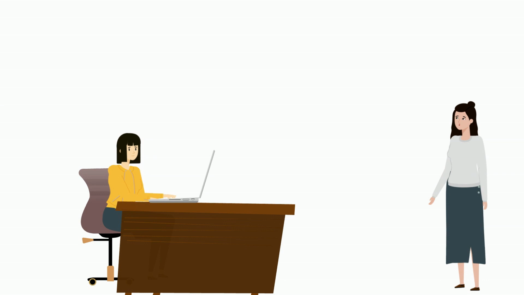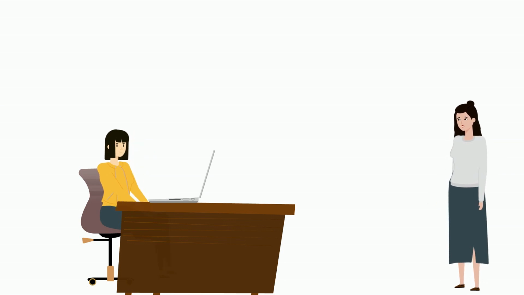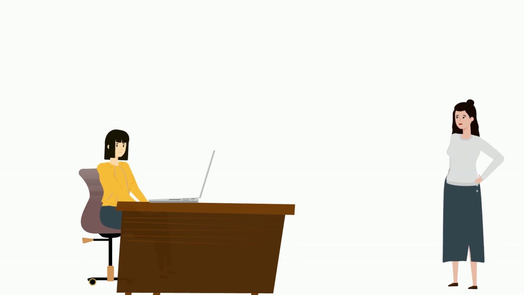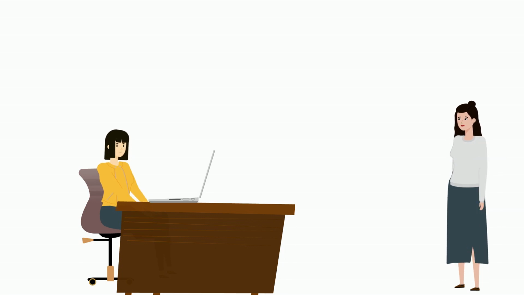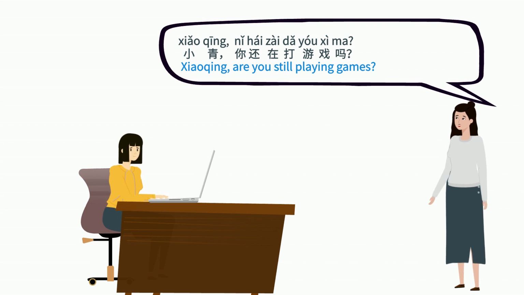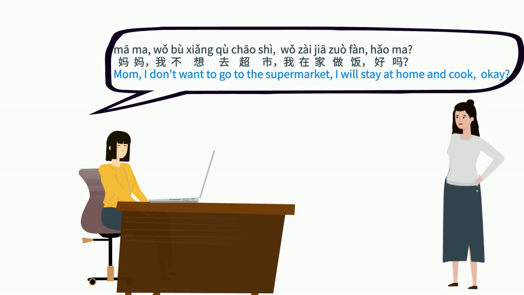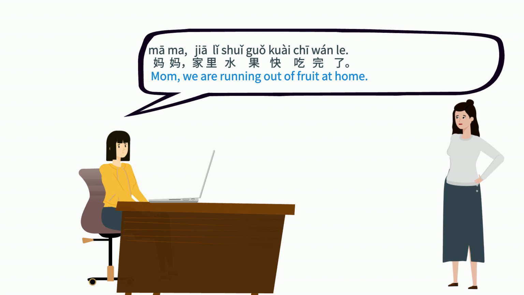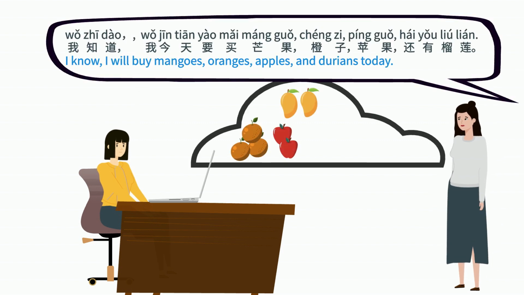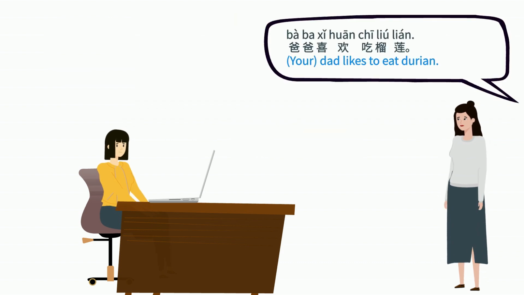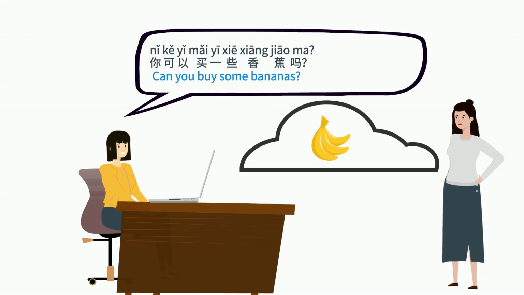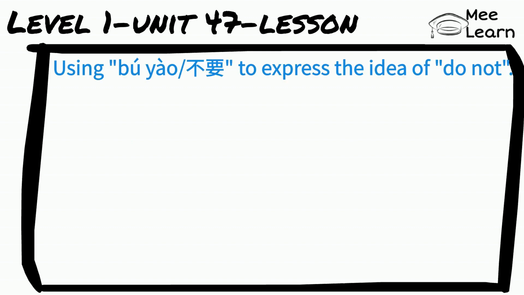小青，你还在打游戏吗？ 是的。 不要打游戏了，我们一起去超市吧。 妈妈，我不想去超市，我在家做饭，好吗？ 好。 妈妈，家里水果快吃完了。 我知道，我今天要买芒果、橙子、苹果，还有榴莲。 不要买榴莲，好臭。 爸爸喜欢吃榴莲。 那好吧，你可以买一些香蕉吗？ 好的。